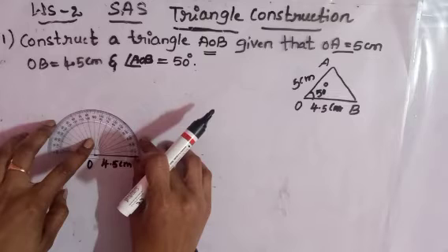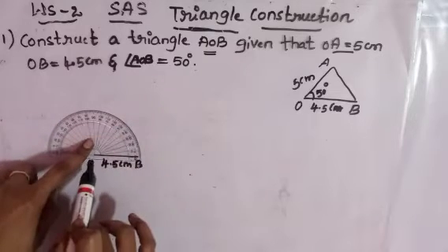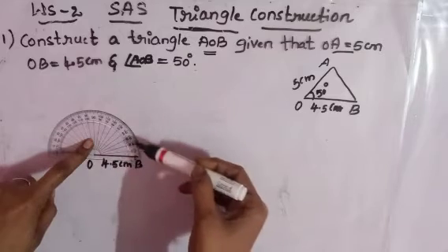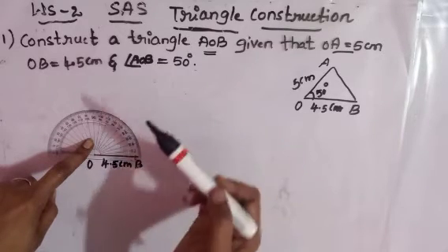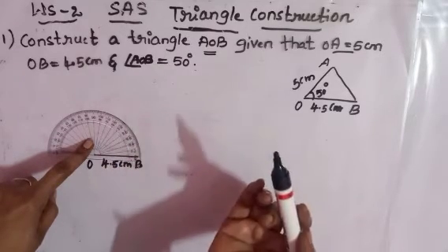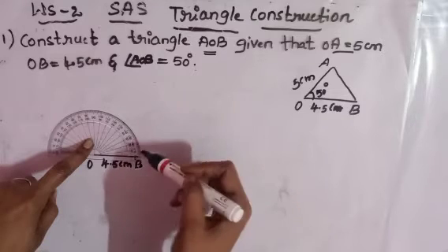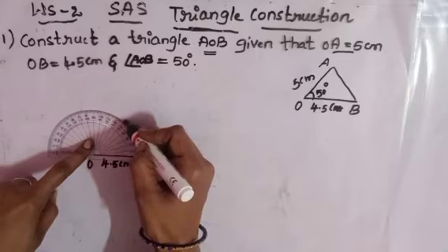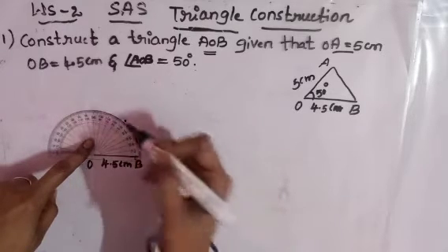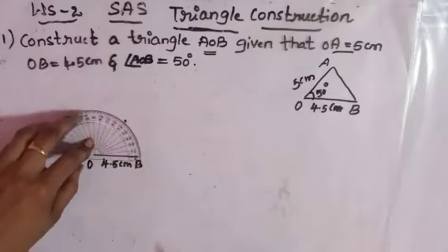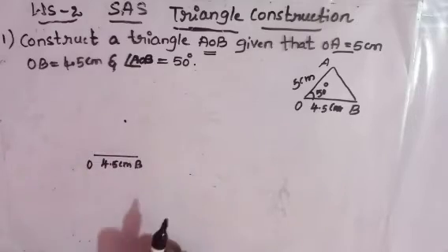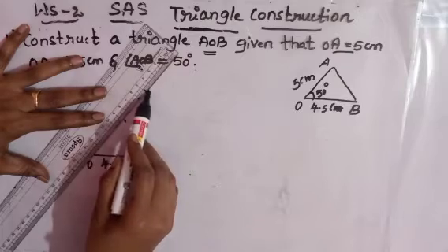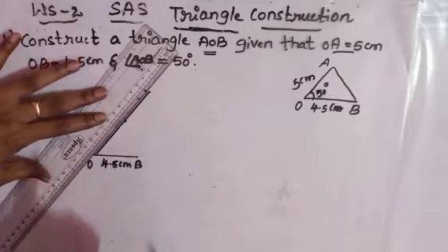See where this line segment and protractor line both coincide. From there we have to start counting. So where it coincides, from the right side we have to start counting. So where we get, here 10, 20, 30, 40, 50. So we got here. So mark a point here. Now take this protractor away and draw a straight line from point O.